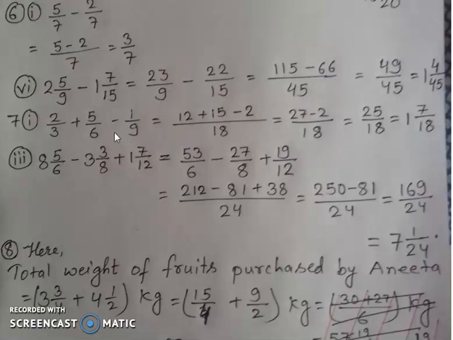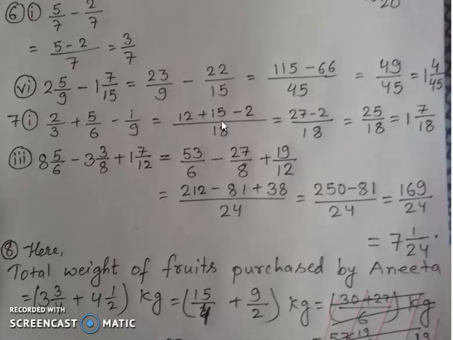So let's see and watch it over here. It is question number 7, and as I had said, whenever I am explaining, just sit with your book. I am with the book, so here I can see that question number 7 is simplification, and the question is 2 by 3 plus 5 by 6 minus 1 by 9. I had written the same question over here.